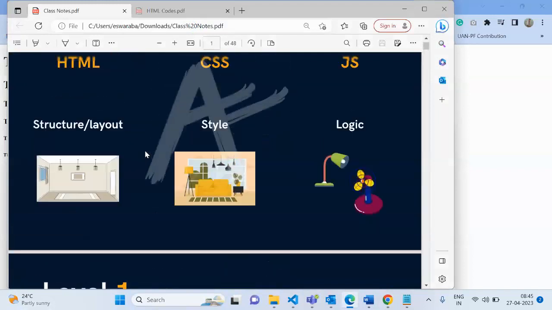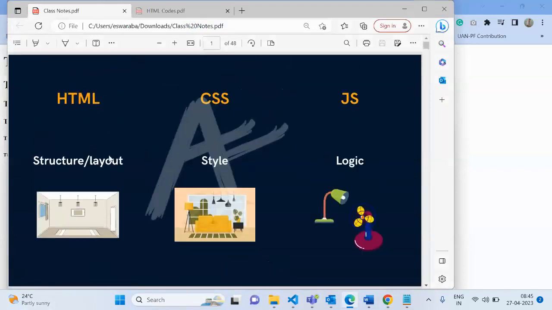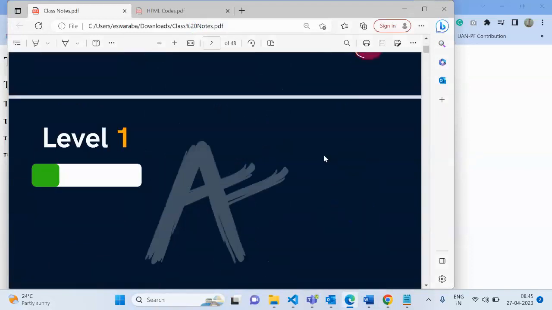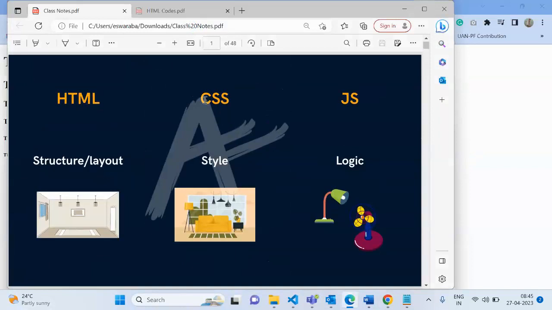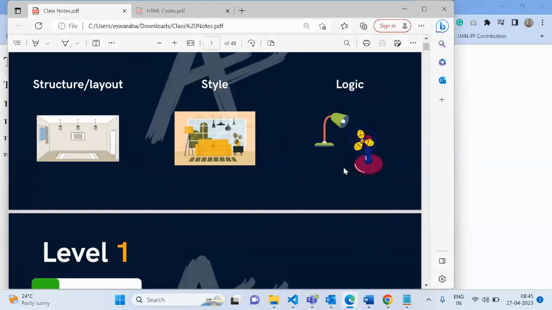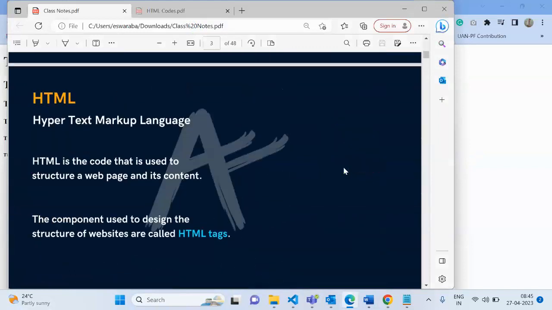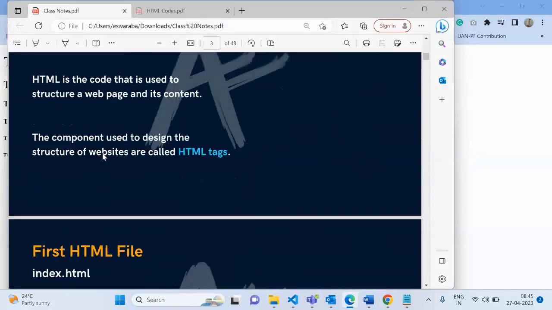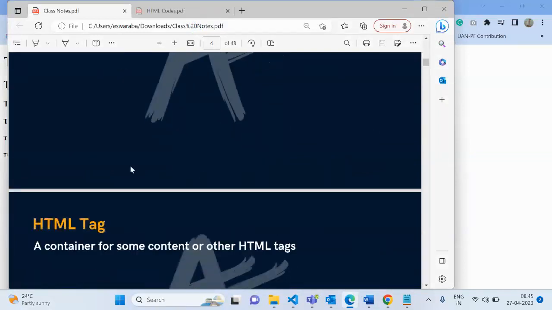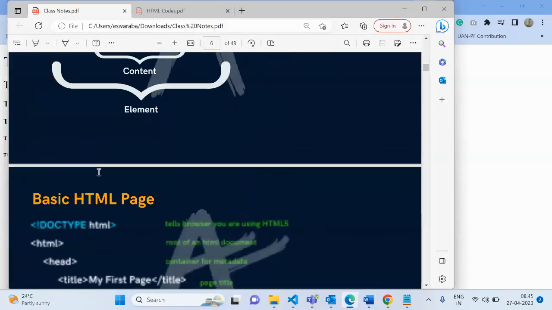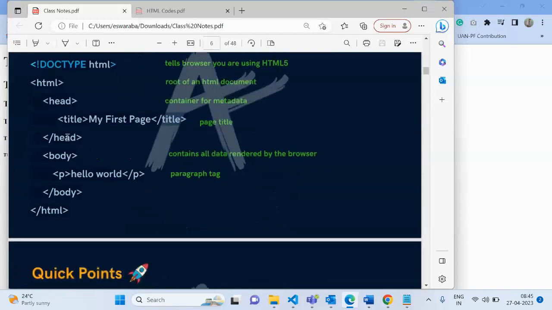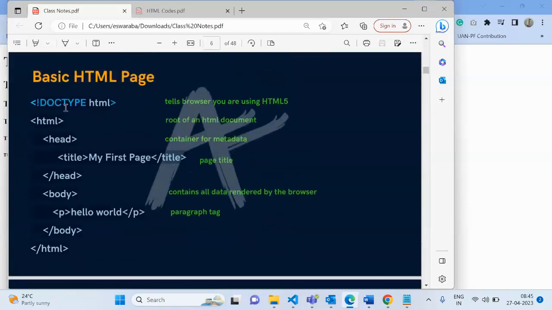So till now we explained what HTML, CSS and JS are. HTML gives the structure, CSS the style, JS the logic or functionality. We understood how to create the web page and a paragraph, and the basic structure of the web page. We explained the basic structure of the website, right?